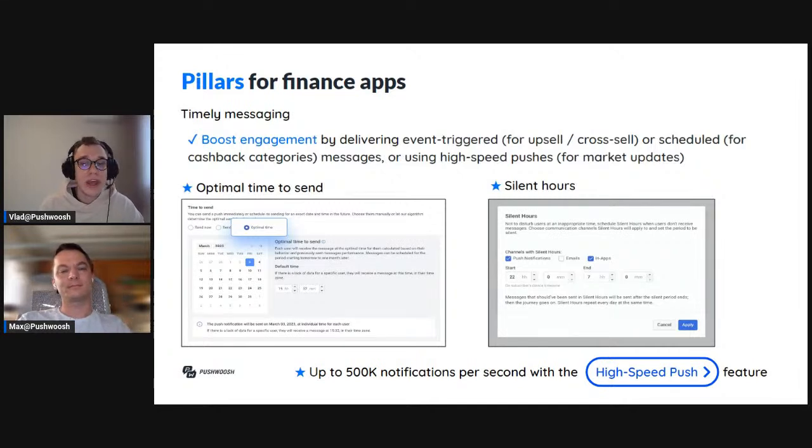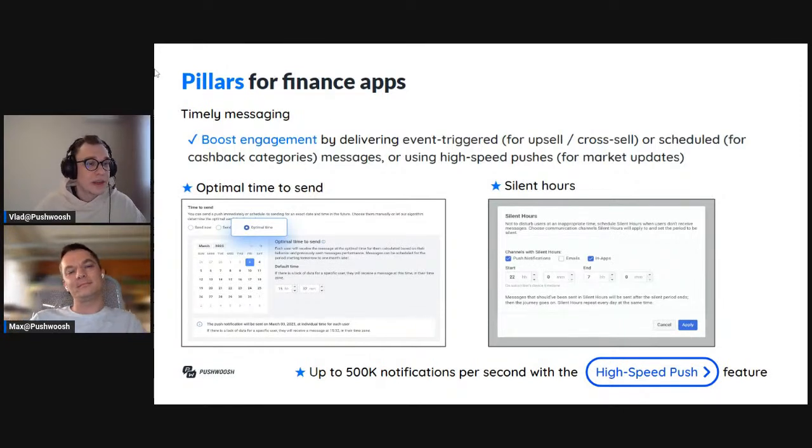As well as that, we have the silent hours option, which is available inside Customer Journey Builder. It allows you to limit the time when the message may be delivered to your customer. First of all, you don't want to send your push notification in the nighttime when the user is sleeping. That may lead to unsubscription from push notifications itself. So you can choose different channels such as push notifications, email, or in-apps, and choose when you don't want to deliver those push notifications. That increases your rating inside the user's variety of applications because you do not spam them at noon.